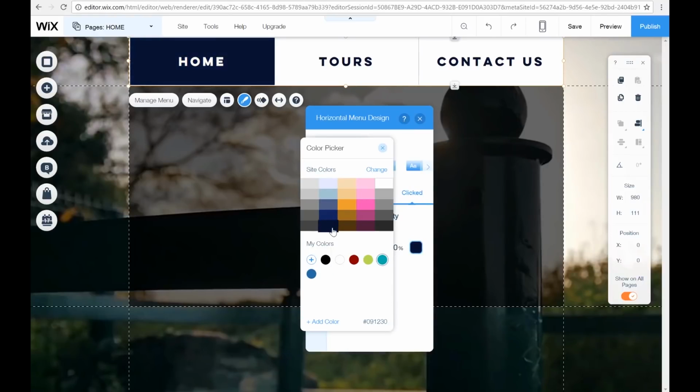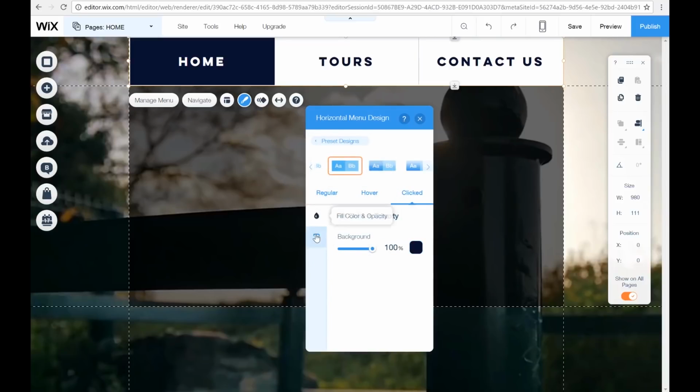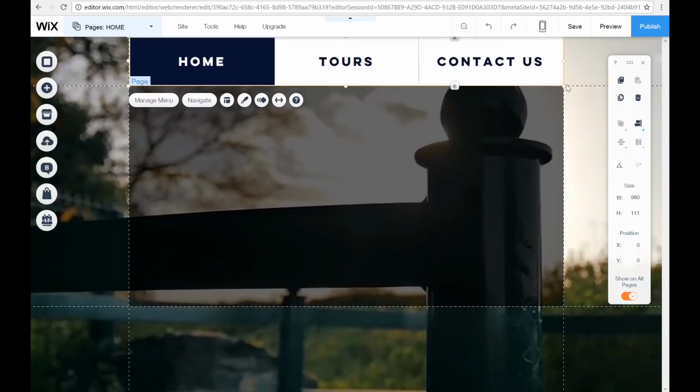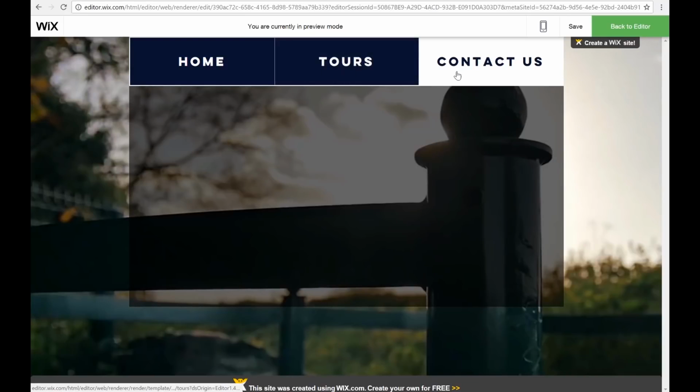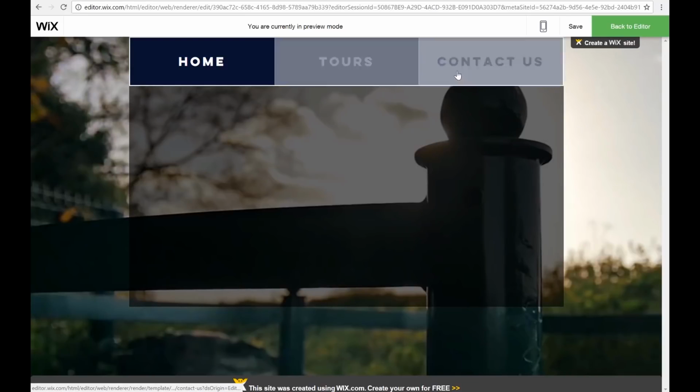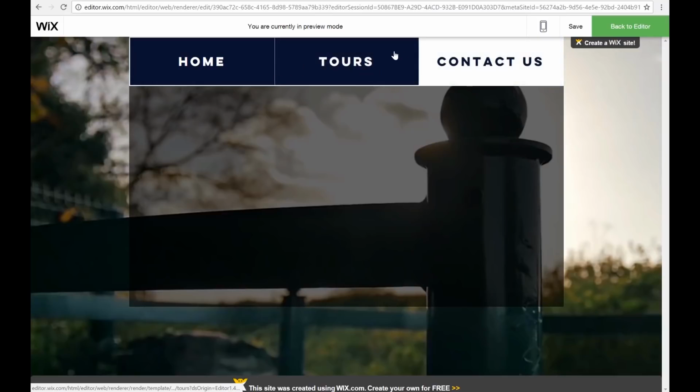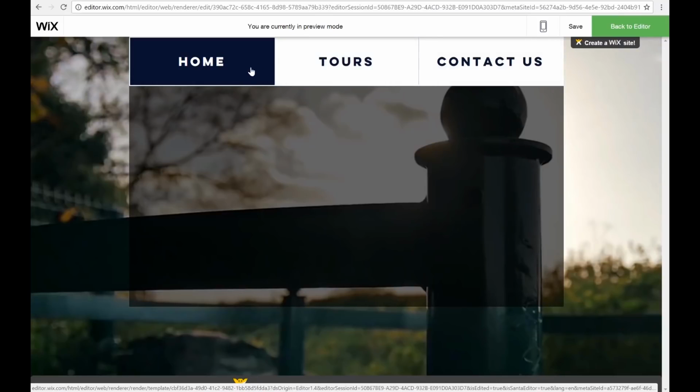We want the clicked background to be the dark navy color and the text to be white. So that's all good. And there we have our menu. And as you can see, when I hover over these two, that gives me the same effect as the clicked.